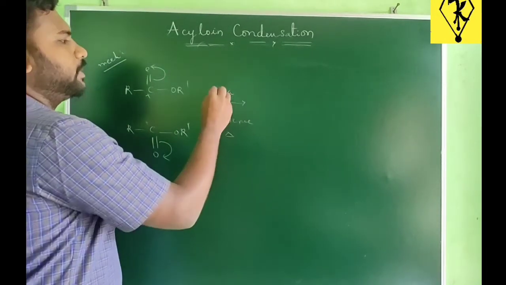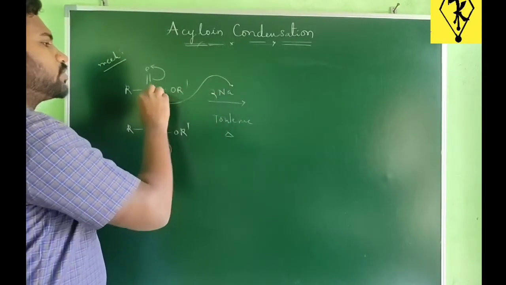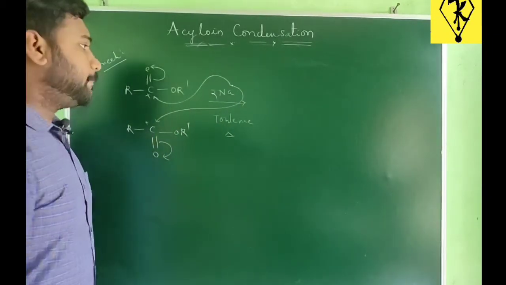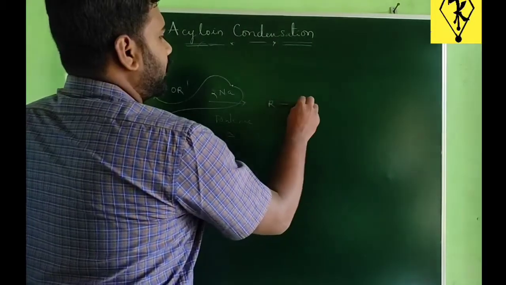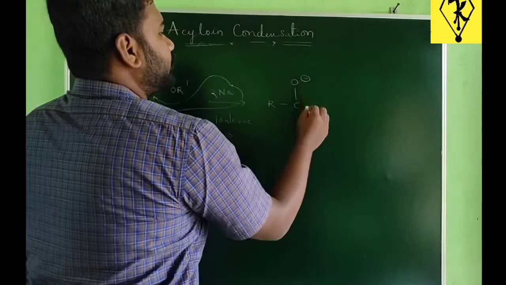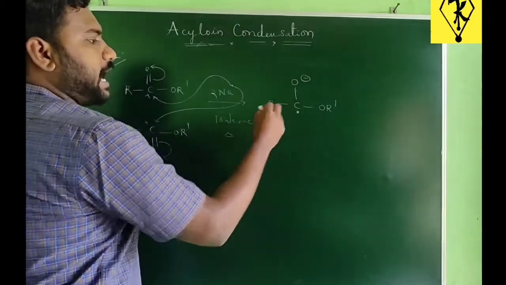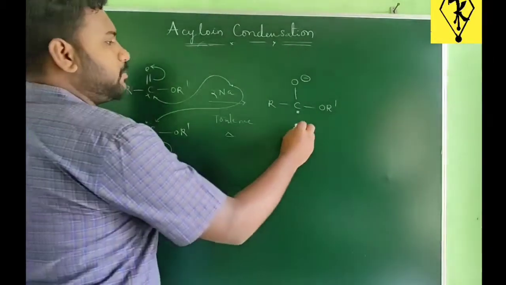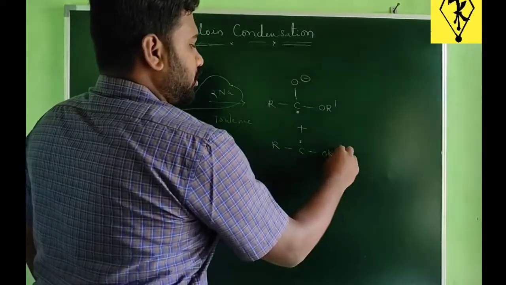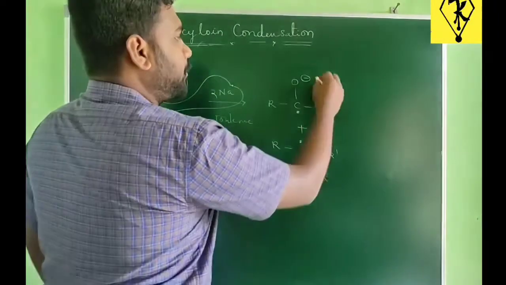Now this sodium is going to transfer its electrons towards the carbon to make the carbon a radical. So after migration of this pi bond, oxygen will have a negative charge and here we are having OR, and now this carbon is having a radical. Similarly in the other molecule also, O minus, and here the sodium plus ions will be.